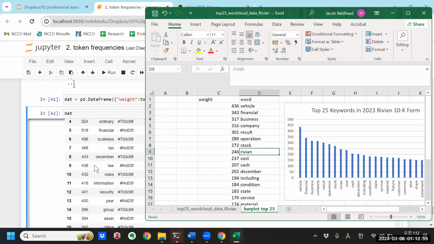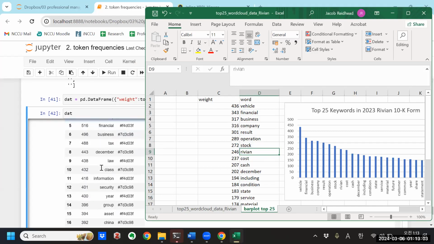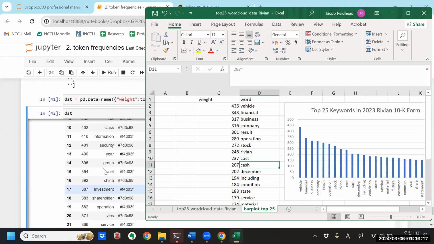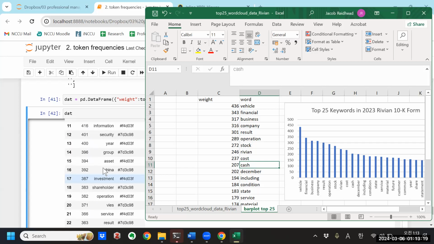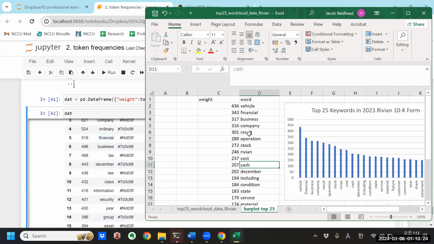What about cost? Okay. I don't see Li Auto talking about cost so much. Right. Oh, that VIEs again. That's probably a legal term for a company or an investor. So cost, cash, is cash a keyword? I don't see cash here. So I see Rivian talking more about cost and cash. So maybe they have cash flow issues? I'm not sure. Let's go back to the